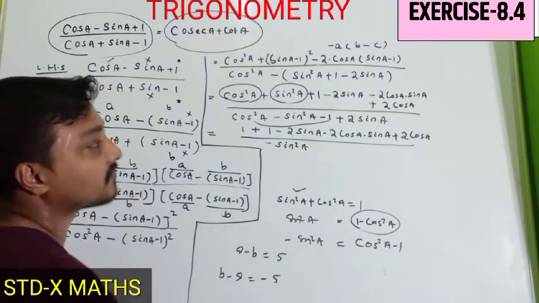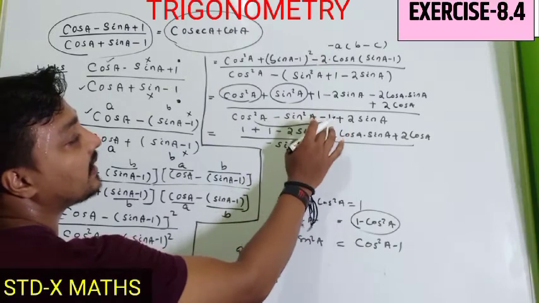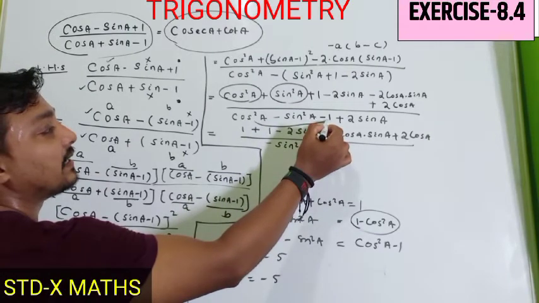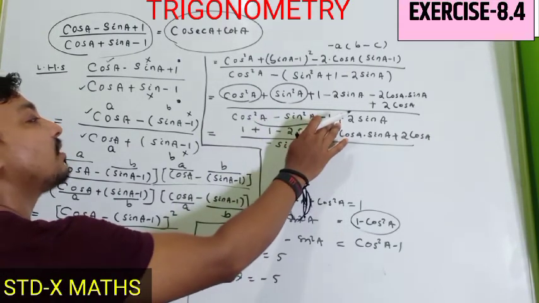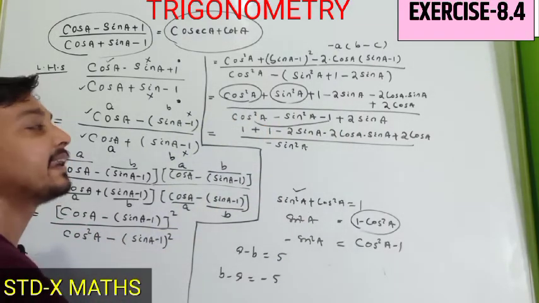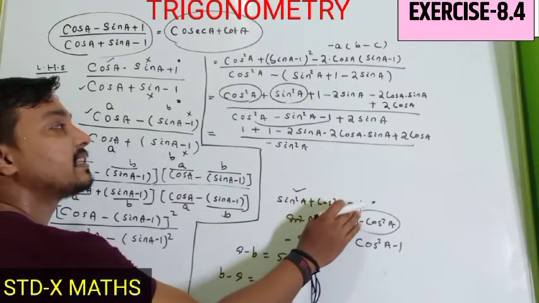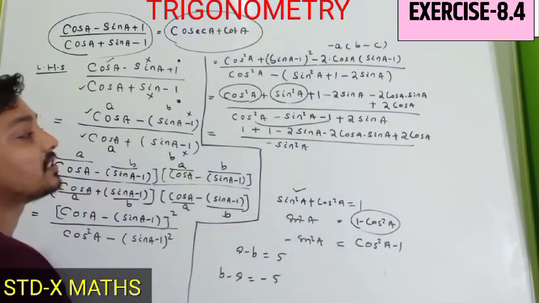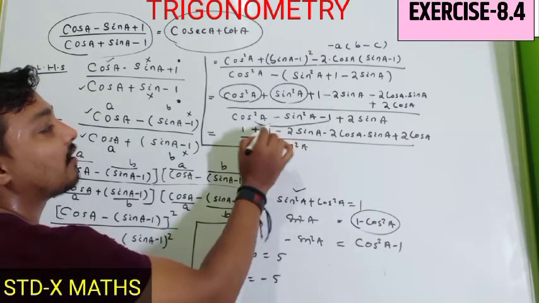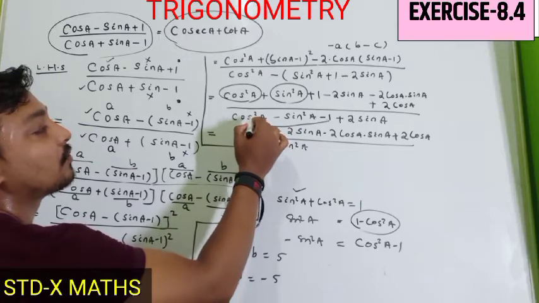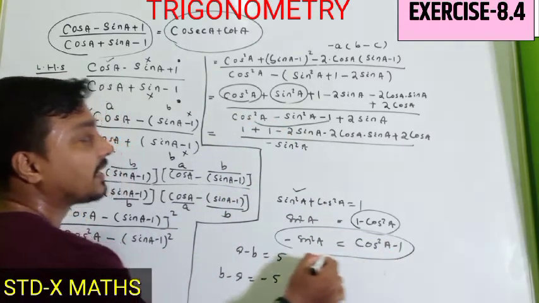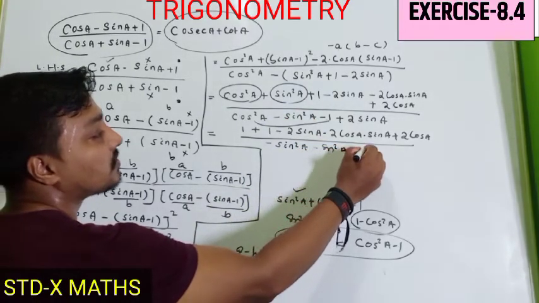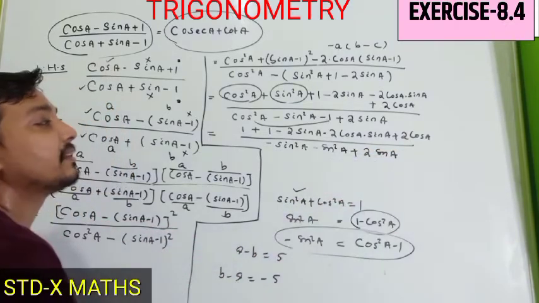Minus sin square a. Why I cannot put anything here is because both have the same sign. But here one is negative and the other is positive. So the alternative form of our first trigonometric identity, sin square a plus cos square a equal to 1, can be imagined from these two, because one is negative and the other is positive. Here I have written sin square a on behalf of minus 1 into cos square a. The same thing one can write, and here it is previously minus sin square a plus 2 sin.